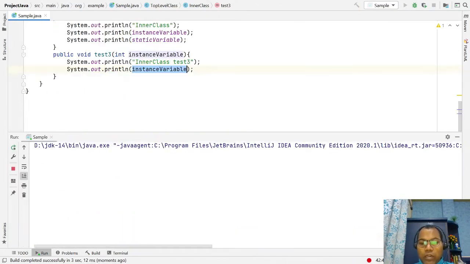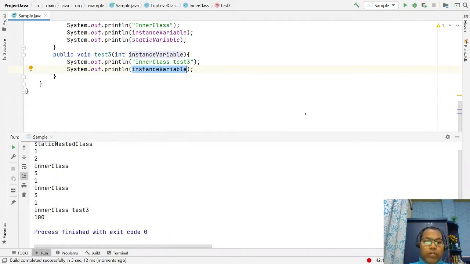So be always clear whenever you are referring to any variable inside a method. If that variable is declared local, the first preference is always local. This is your parameter, a local variable. So first it always references this variable. If you want to access